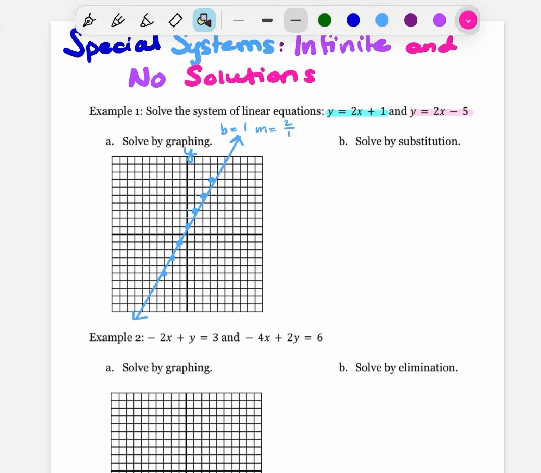Then in pink, we've got y is equal to 2x minus 5. B, my y-intercept, is negative 5. So I'm going to plot 1, 2, 3, 4, 5, 0, negative 5. And my slope is also 2, so 2 over 1. I'll go up 2 and to the right 1, and conversely down 2 and to the left 1. Okay, so